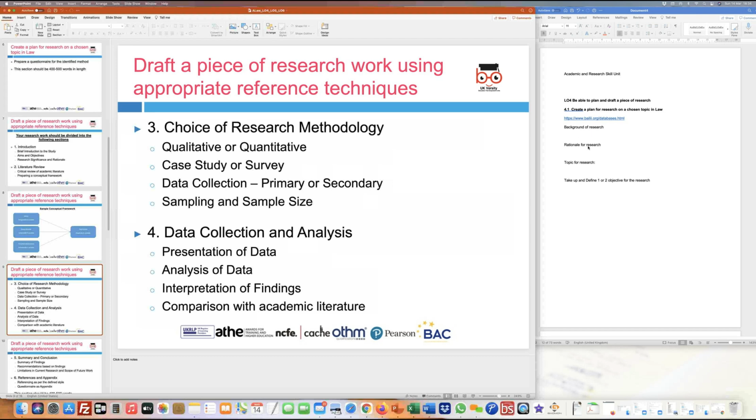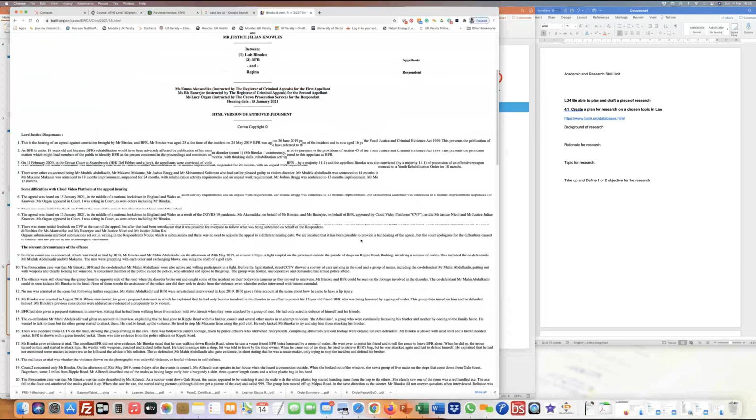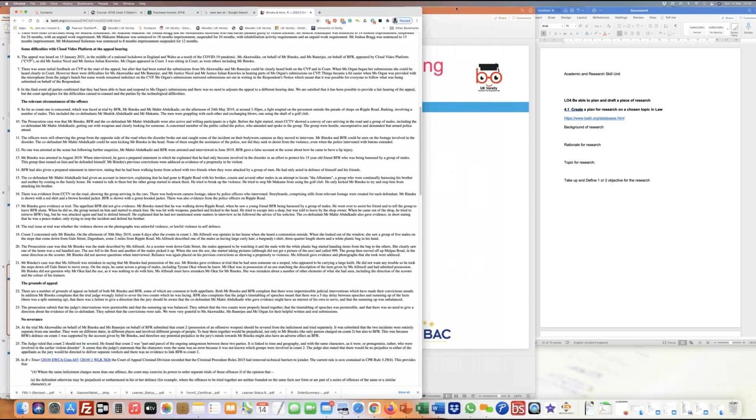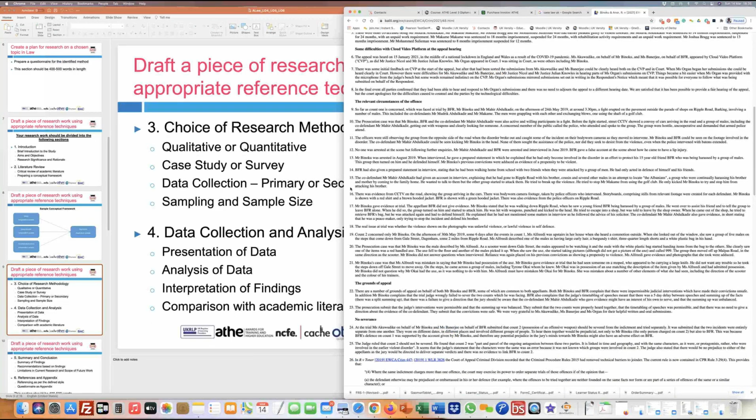I would suggest that if you pick up a case law from this website, which is by Lilly, then you're looking at maybe a case study in terms of research, which is going to be much simpler and easier, and would help you understand how you have to put this into the structure. And then when you say data collection and analysis, this is primarily going to be done from the website itself, wherein you're going to look into the details of the research or the case law which is being presented. And with that case law in mind, you're looking at picking out